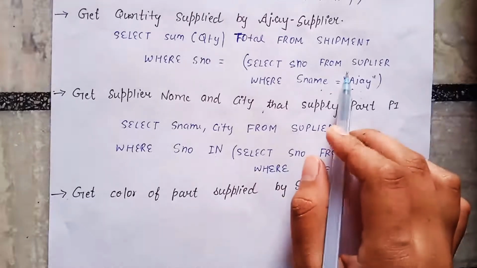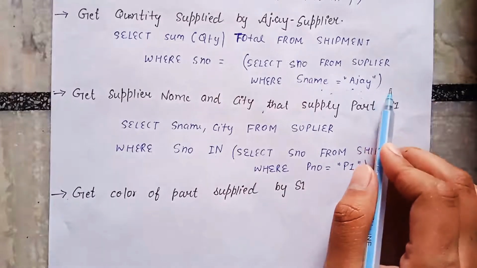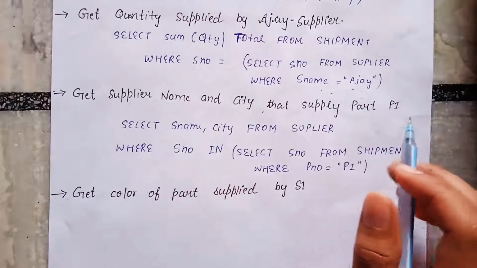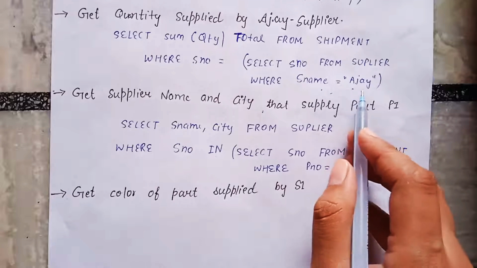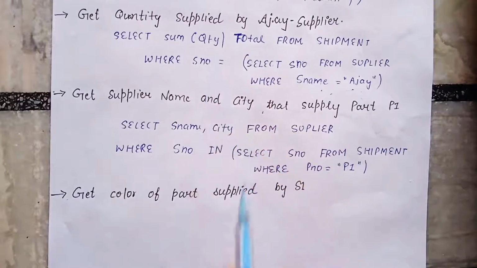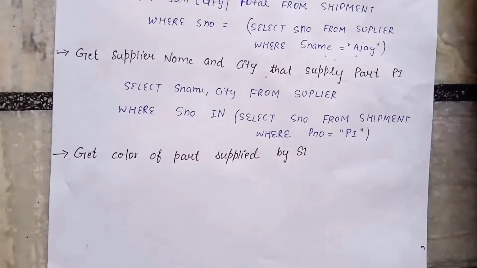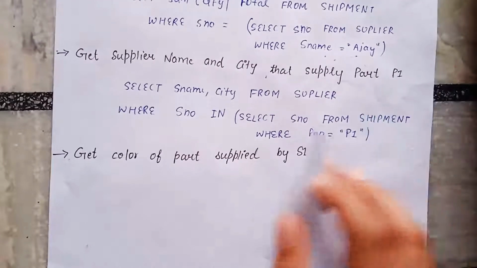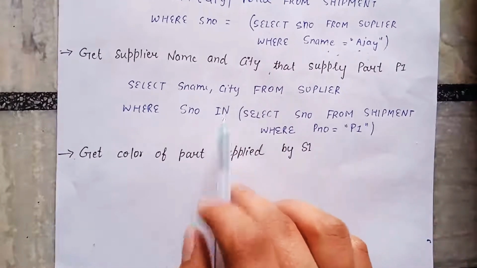Like in this query 2, we can see that we have surety that there will be only one Ajay in the suppliers table whose name is Ajay. So that's why we have written equal to. But if we have some doubt that there may be more than one supplier whose name is Ajay, then it is compulsory that we write "in" here. So note this point. This is where the in operator is used. It is also known as multiple row subqueries, that return multiple rows. So this is the query that will return multiple values, and in order to handle it we will use the in operator.